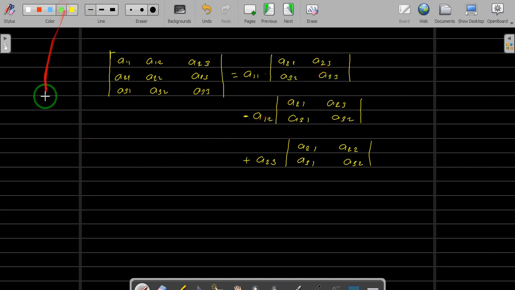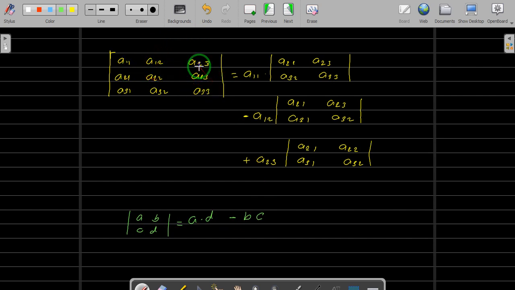For simplicity, let's again write that if you have A, B, C, D and want to find the determinant of this matrix, you first take A and then find the minor of A. The minor of that is nothing but D. Then minus, you take B and remove the first row and second column, remaining C. So the value of this 2 by 2 determinant is AD minus BC.